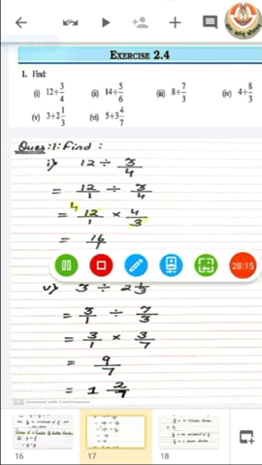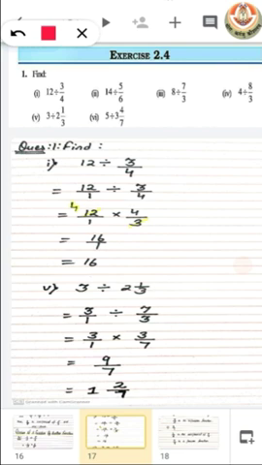Here in the first question, we just have to solve the given situation. First is 12 divided by 3 by 4. It is discussed by us in the section where we have to divide a whole number by a fraction. So we just have to put 1 in the denominator to get a fraction. After this, we will change the division sign to multiplication, and in the same step we convert the divisor into its reciprocal. Now after solving them, we get the answer 16.